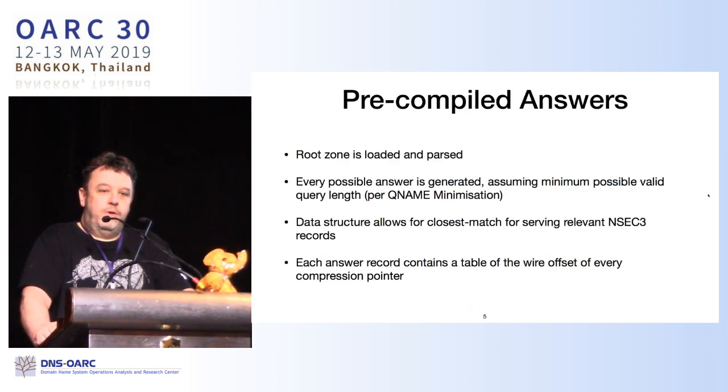So go back to pre-compiled answers. Load up the zone and parse it. Ironically, I'm using the LDNS library also for doing this. It's actually quite nice and lightweight for doing this. On the compression,